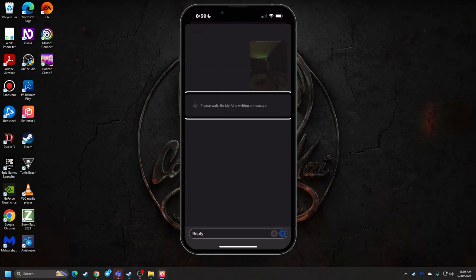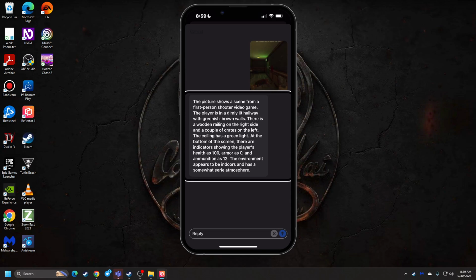But this is taking longer than usual. Please wait. Be My Eyes writing a message. Now, when I've been in Twitter or X, I do periodically get this message saying that it's taking longer than usual. The picture shows a scene from a first-person shooter video game. The player is in a dimly lit hallway with greenish brown walls. There is a wooden railing on the right side and a couple of crates on the left. This is taking longer than usual. Please wait. And unfortunately, when it does that, when I try to read it, it keeps saying that over. So even if I were to touch this again,